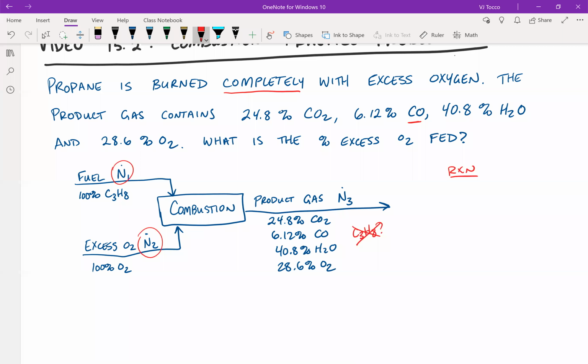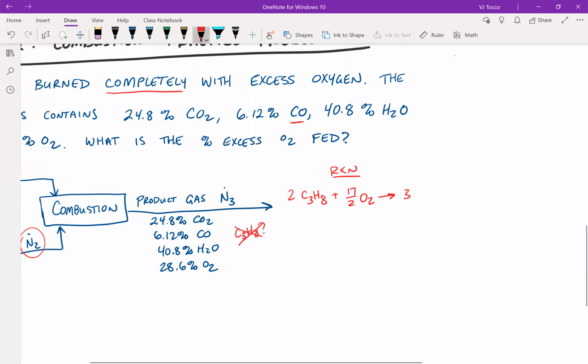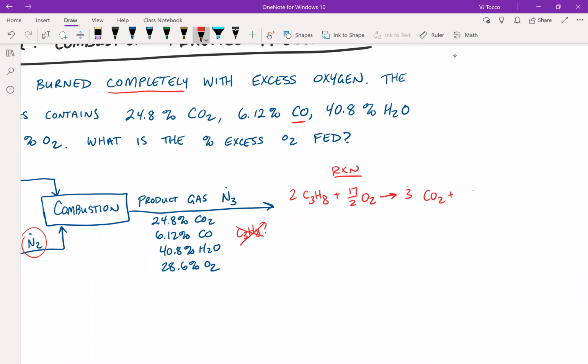Okay, let's get to the reaction. First, I want to tell you again what not to do. This would not be a proper balanced chemical reaction to write. You should not do this. I'm writing out the balanced reaction assuming that carbon dioxide and carbon monoxide are both in the products, and H2O. Notice that this is a balanced reaction. I have 6 carbons on the left, 6 carbons on the right. I have 16 hydrogens on the left, 16 hydrogens on the right. And I have 17 halves